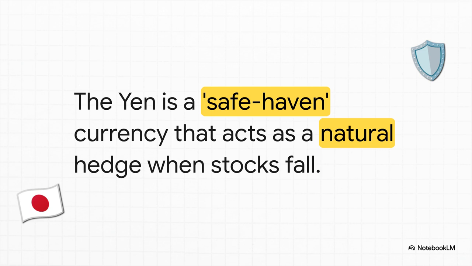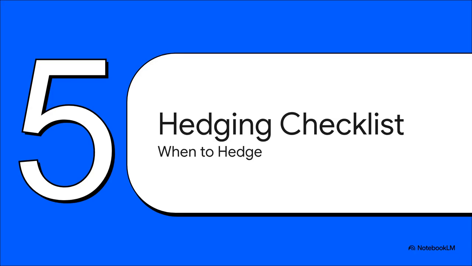So when the Japanese stock market has a bad day, investors all over the world tend to pile into the yen for safety, which makes it stronger. For an unhedged investor, that stronger yen helps cushion the blow from the falling stocks. When you hedge, you take that natural protection away. Okay, so with all these complexities, the costs, the risks, this whole natural hedge thing, how in the world are you supposed to decide what to do?